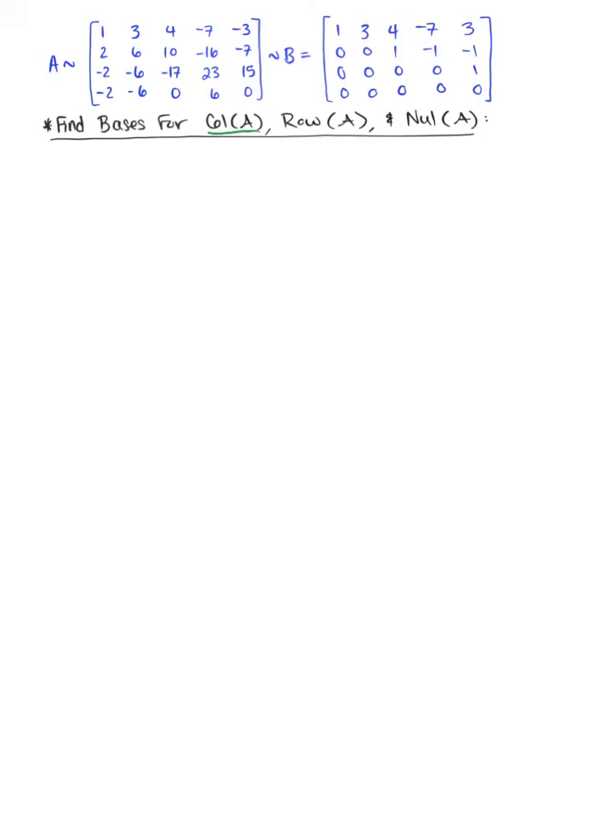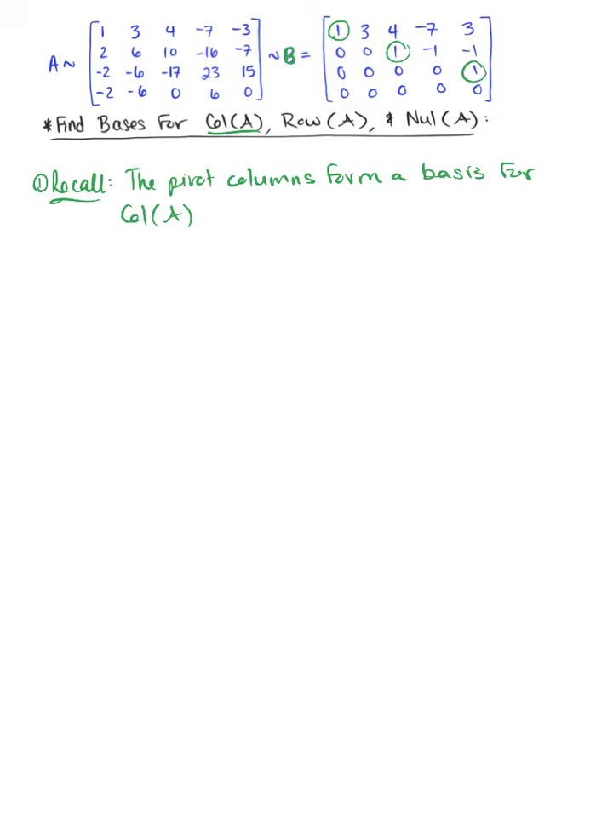So let's get started with the column space of A. I want you to begin by recalling that the pivot columns form a basis for the column space of matrix A. So looking up at the echelon form of matrix A, or in other words, matrix B, we can see that we have pivot columns in the first column, the third column, and the fifth column. So therefore, a basis for the column space of A